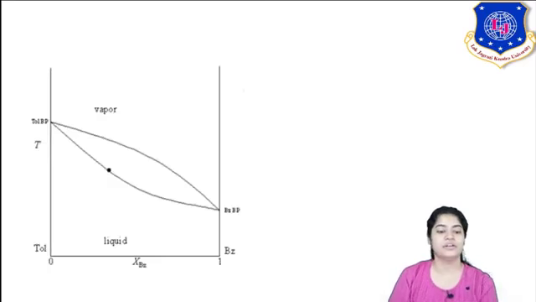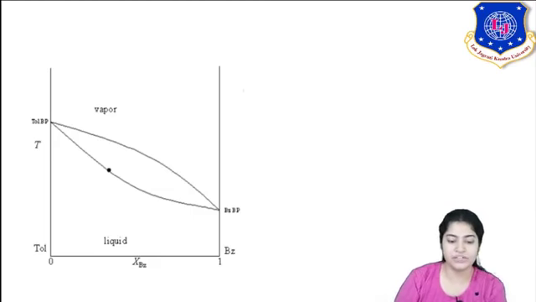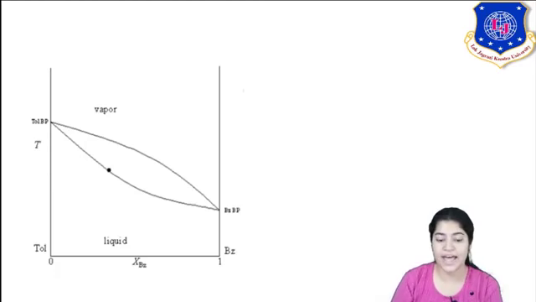Moving forward, again moving to the TXY diagram. This is a benzene and toluene situation. I am taking a mixture of toluene and benzene again. On the right hand side you can see benzene and on the left hand side is toluene. As benzene is more volatile, the boiling point of benzene is less than that of toluene. And the space between these two curves: the bottom line, where you can see the dot, is your bubble point curve, and the one above it is your dew point curve.